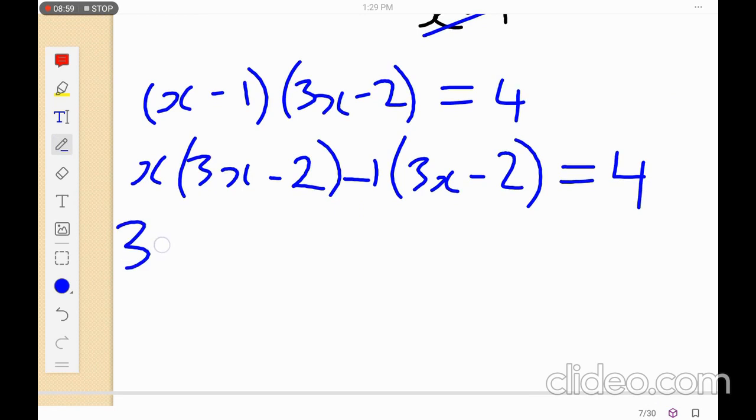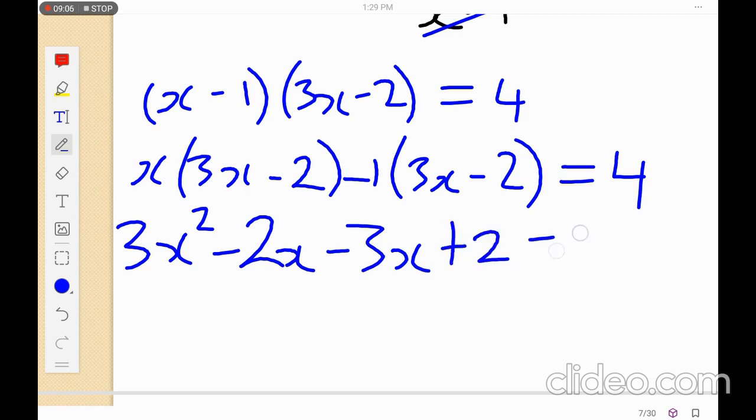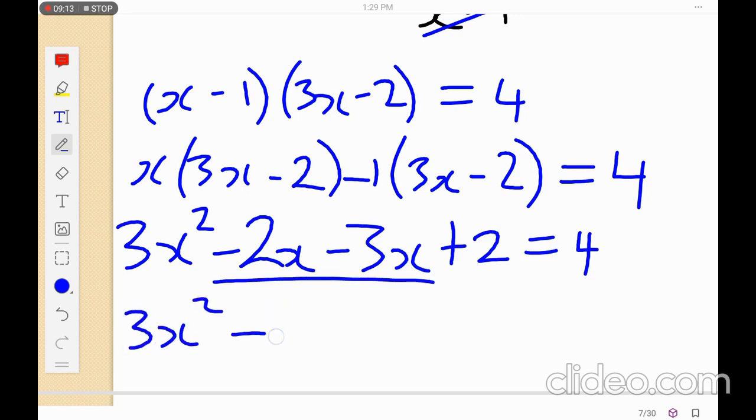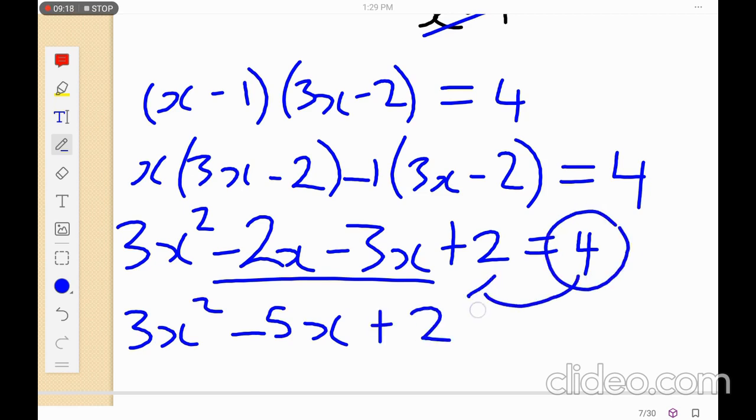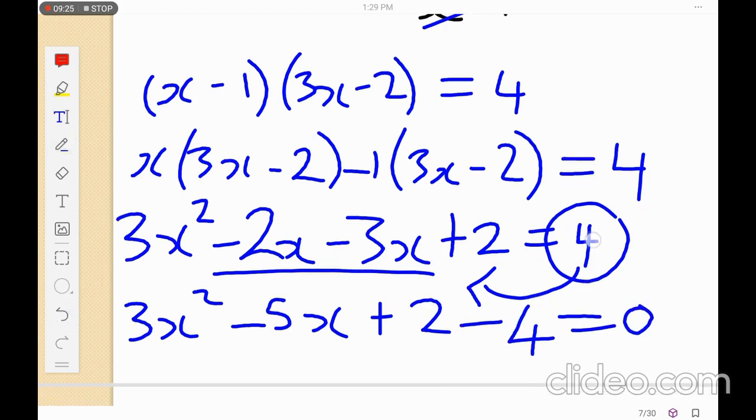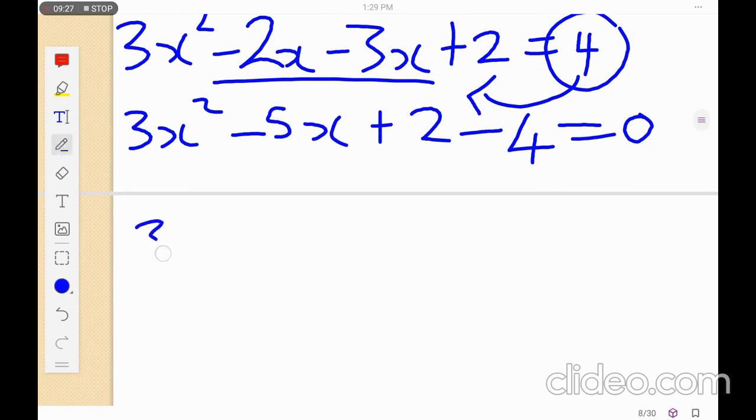Simplifying, I'll have 3x squared minus 2x minus 3x, then plus 2 there is equal to 4. Okay, like that. Simplifying this part there, I have 3x squared minus 5x, then plus 2. I take this 4 there, this side it becomes minus, so I'll have minus 4. Minus 4 here is equal to 0, like that. Okay, so at the end of the day, we'll have 3x squared minus 5x, then minus 2 is equal to